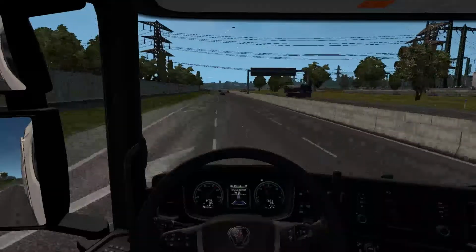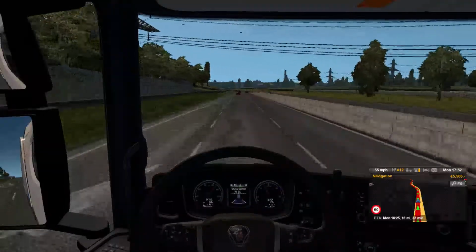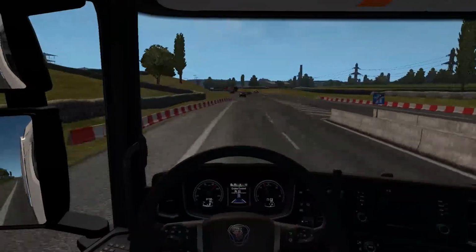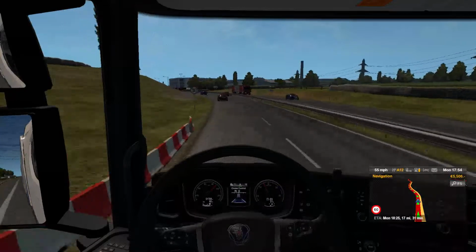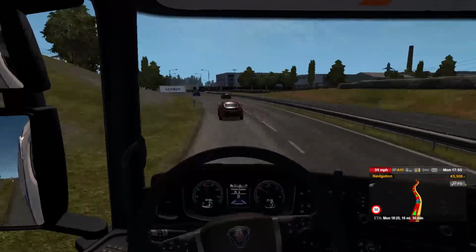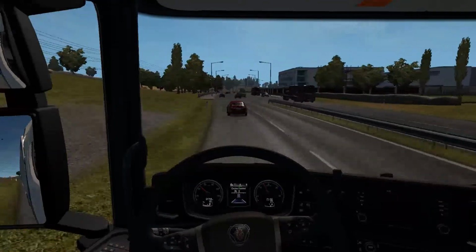As soon as I change lane, that lane just disappears anyway. So now I think I might need the navigation at some point here, because this is when it starts getting quite slow and it turns into proper London. I know this bit, but I think once we get into central London,